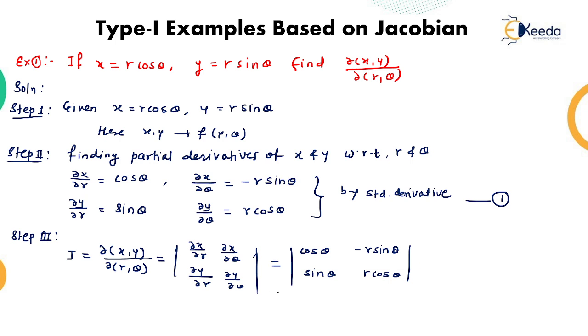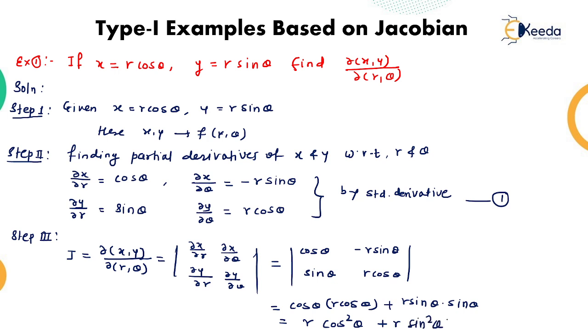So, simplification is there. How to simplify this? Let's see. This is cross multiplication, meaning cos theta into r cos theta, right? Minus and minus here becomes plus, r sin theta into sin theta. You have to just observe how to solve this determinant, that is cross multiplication, and that is very easy to understand. A 2 by 2 determinant is there. So it will take, r in bracket I am writing, or r into cos square theta plus r into sin square theta.